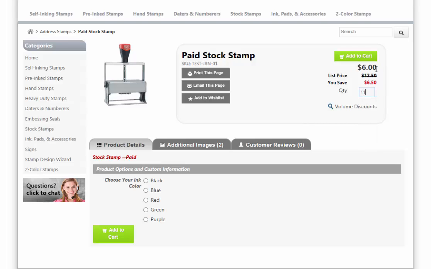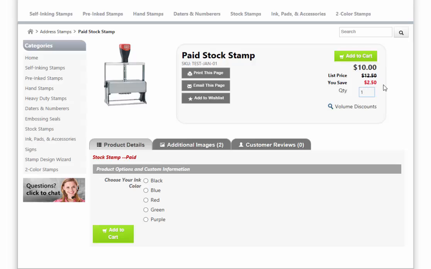So if we did 11, since I'm over 10, I'm getting them at $6 a piece. If I wanted 6, which is 5 through 10, I get them for $8 a piece, or 5 through 9, excuse me. You'll also notice, I'm going to go back to 1 here, that crossed out effect with the you